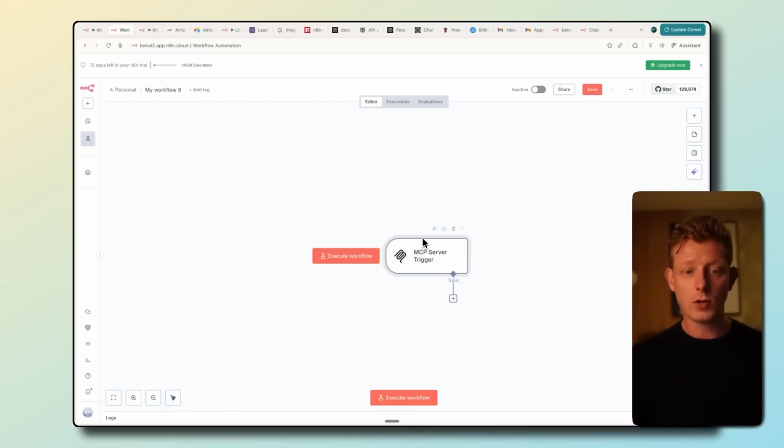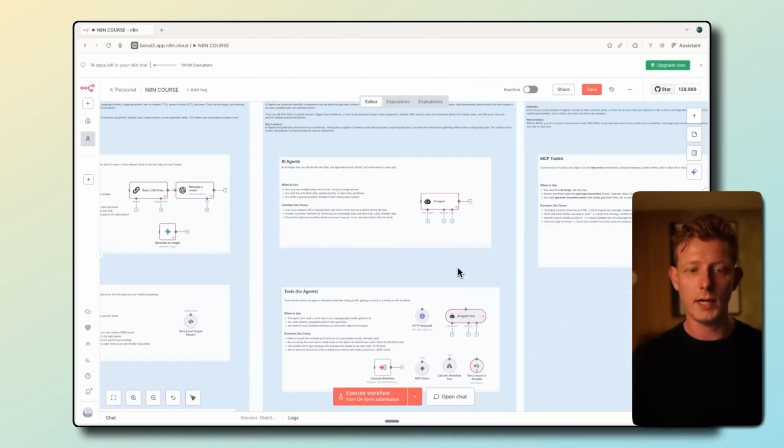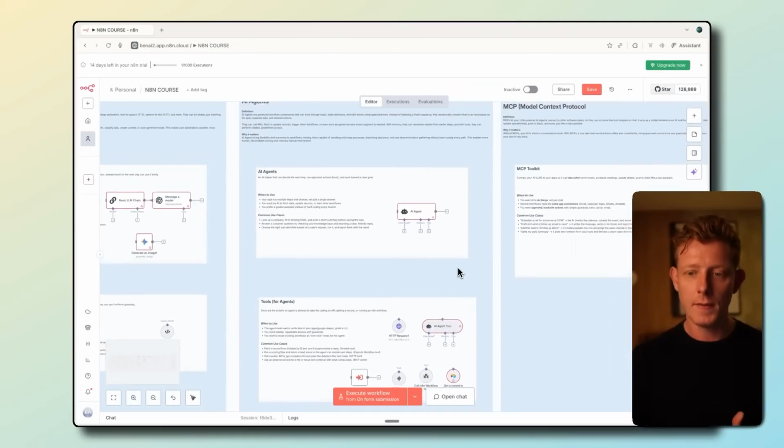And really, we've now covered all AI nodes and all essential nodes in n8n. Now, there are a few more essential skills you really need to know in n8n to start building automations. And the first one